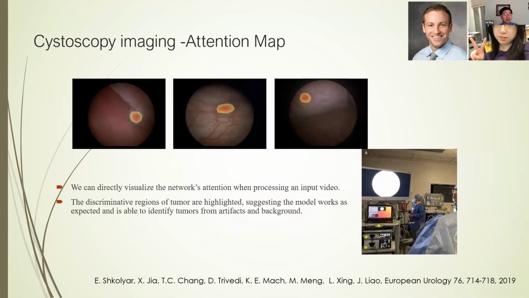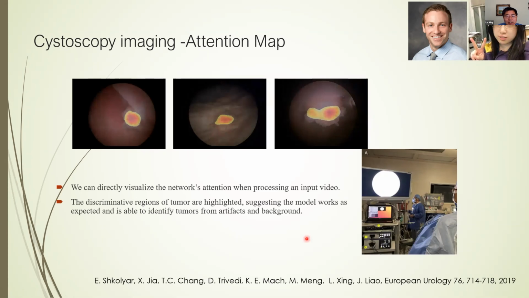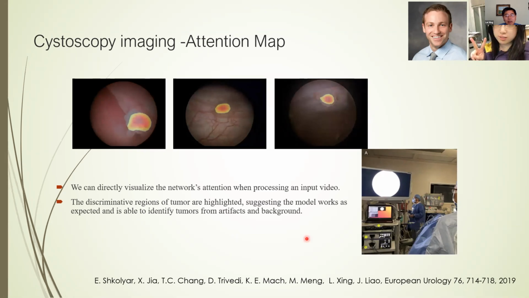For those who are not familiar, bladder tumor is actually the most expensive tumor to manage, because the false negative rate is quite high, and also once diagnosed, the patient has to be monitored almost every 3-6 months. So that's why it becomes very expensive. Using AI, you can really reduce the mistakes, and then provide some guidance in the OR room.